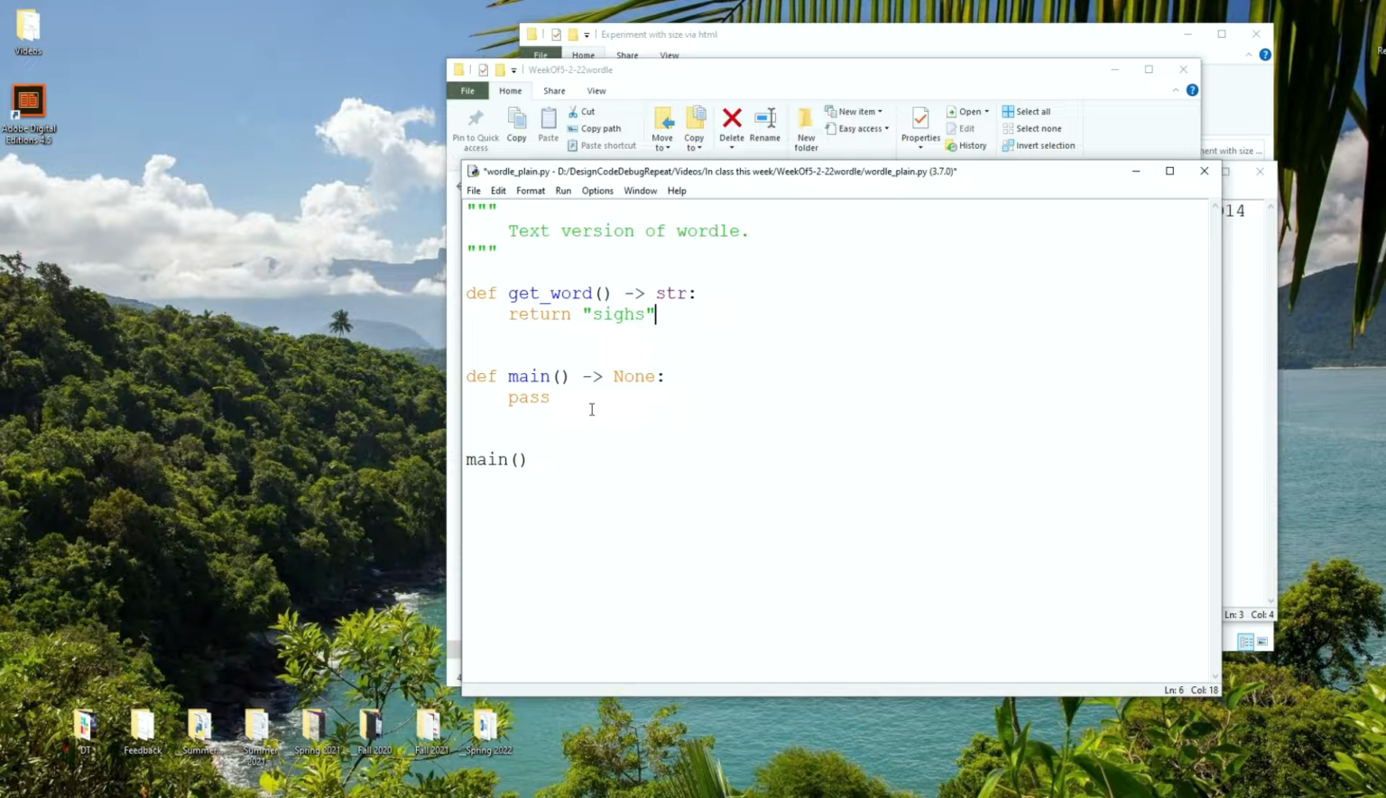Thinking about how I'm going to figure out what to tell the user, I'm thinking that it might be easiest to turn these into tuples of letter and position of letter. So like S0, I1, G2, H3, S4. And that way they're unique, and then take the user's guess, do the same thing, and then do an intersection of the sets. And that will tell us how many and which letters are